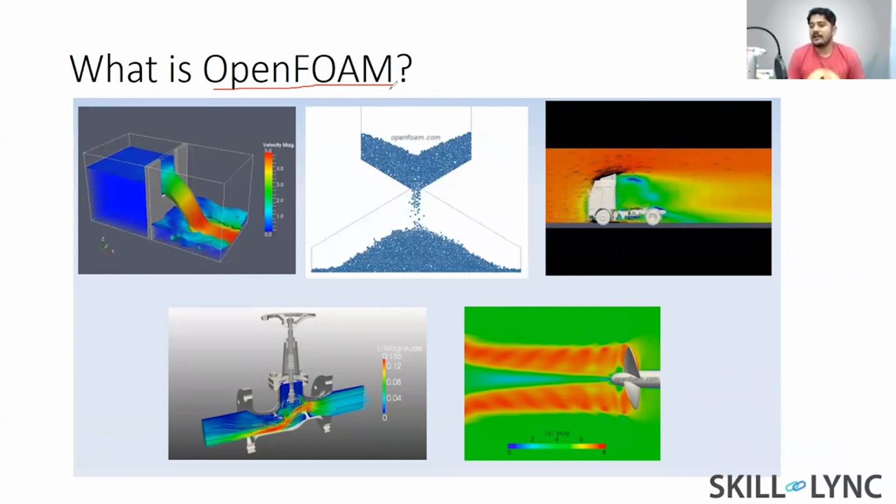ANSYS and Star CCM, for example, are commercial softwares, meaning these are not open source. You cannot see what's going on behind the screens. For example, in ANSYS, if you're setting up a case, you don't know what is happening in the background. How is ANSYS creating the mesh? What are the techniques it's using? And when ANSYS gives you the results, for example, it says that, okay, in the case of my pressure valve,